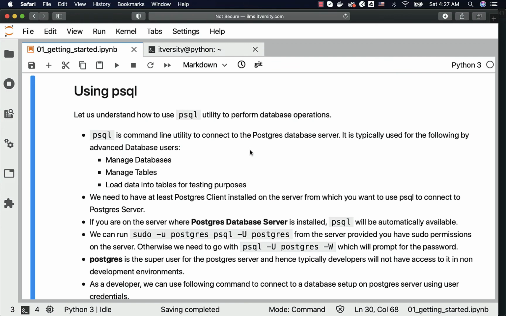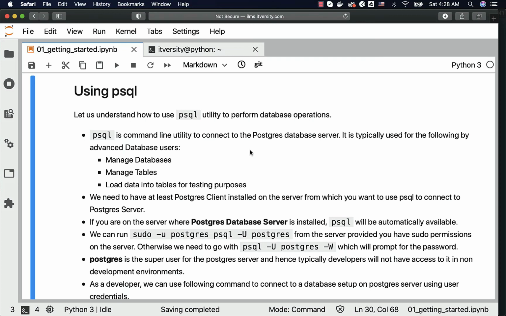Because with respect to production, they might not let you connect to production servers from your PCs using tools like SQLAlchemy. You might have to perform SSH into the server. And from the server, you might have to run the psql command to connect to the database, and there you have to run certain queries to troubleshoot the issues related to production. And hence, those advanced users who have to troubleshoot the issues should be comfortable with psql. Like that, there are several scenarios where psql can come in handy.